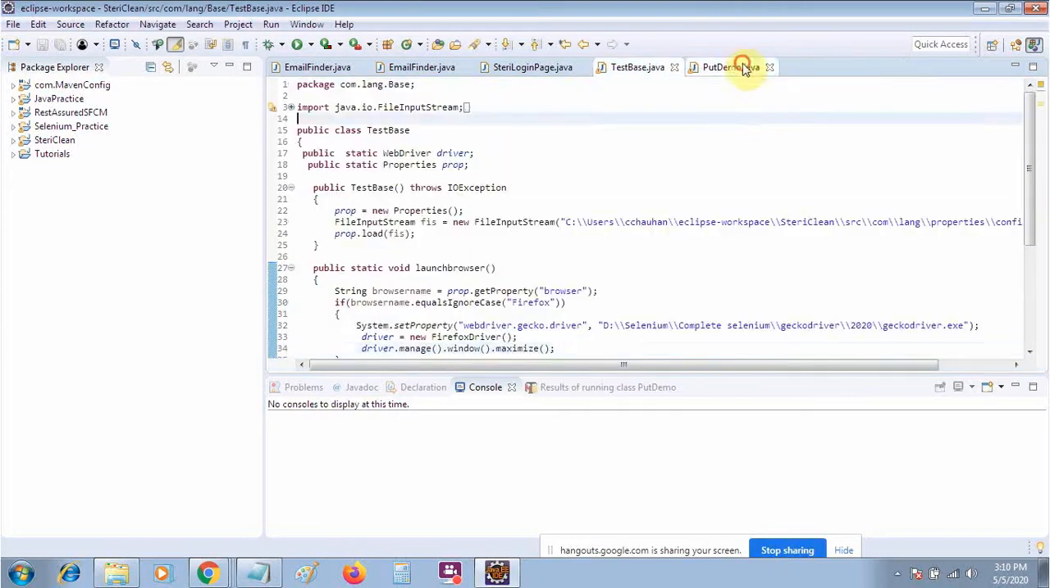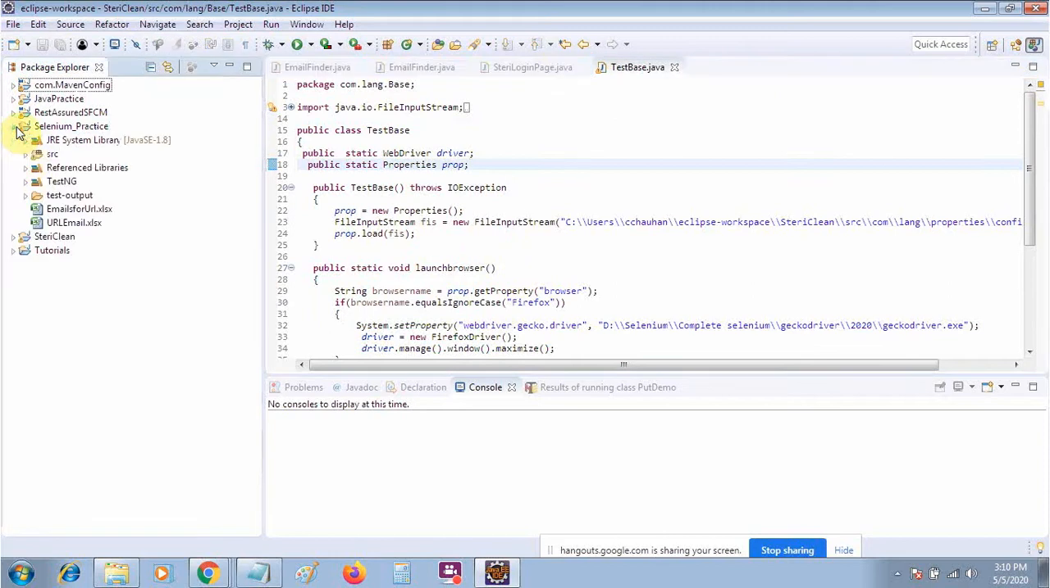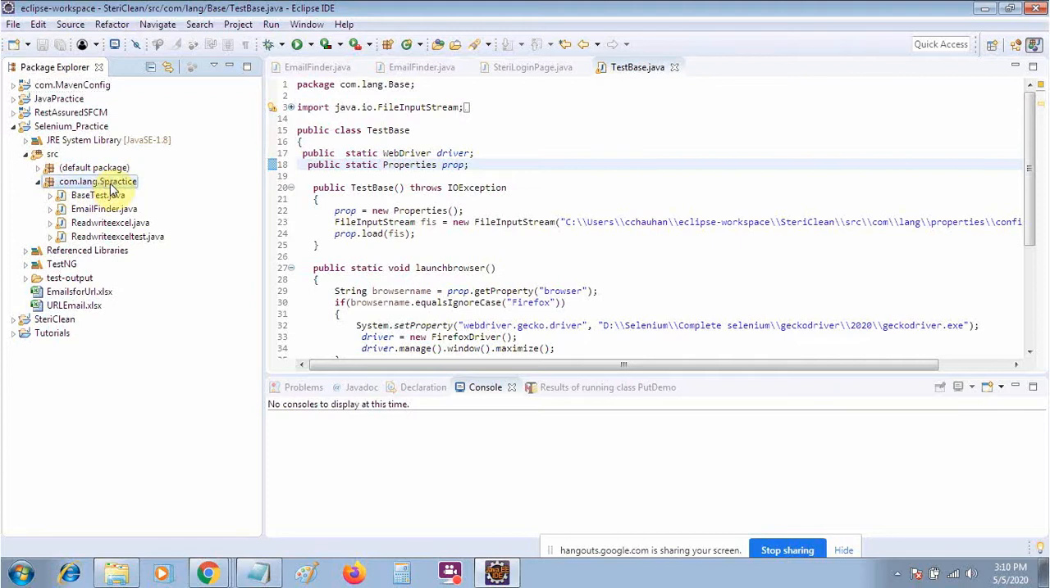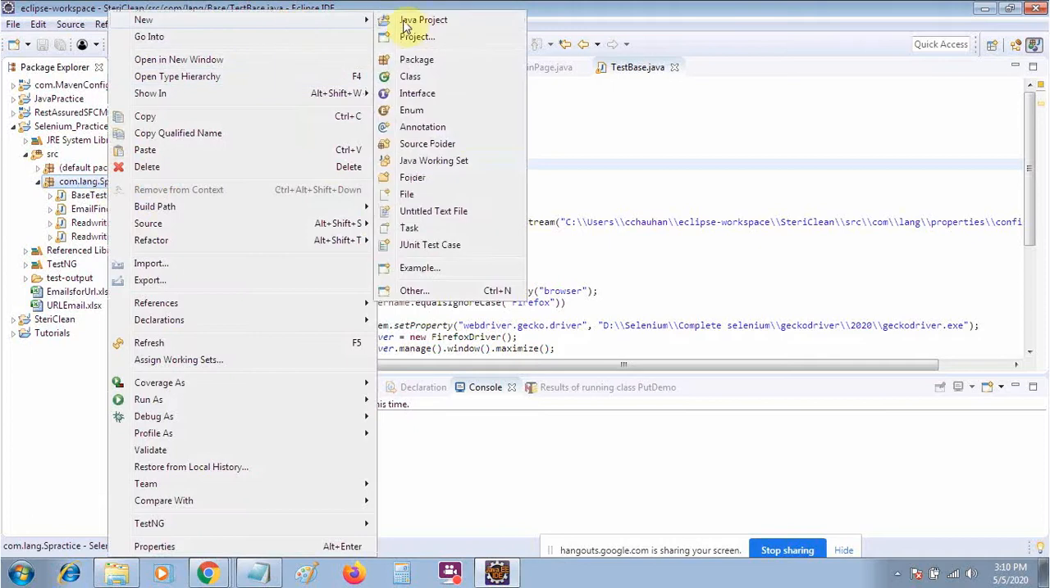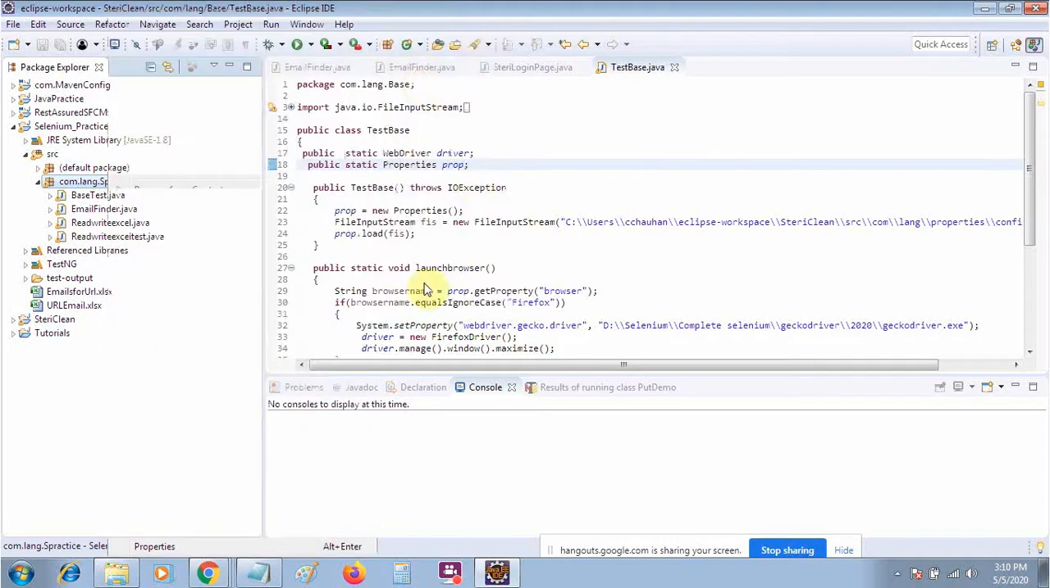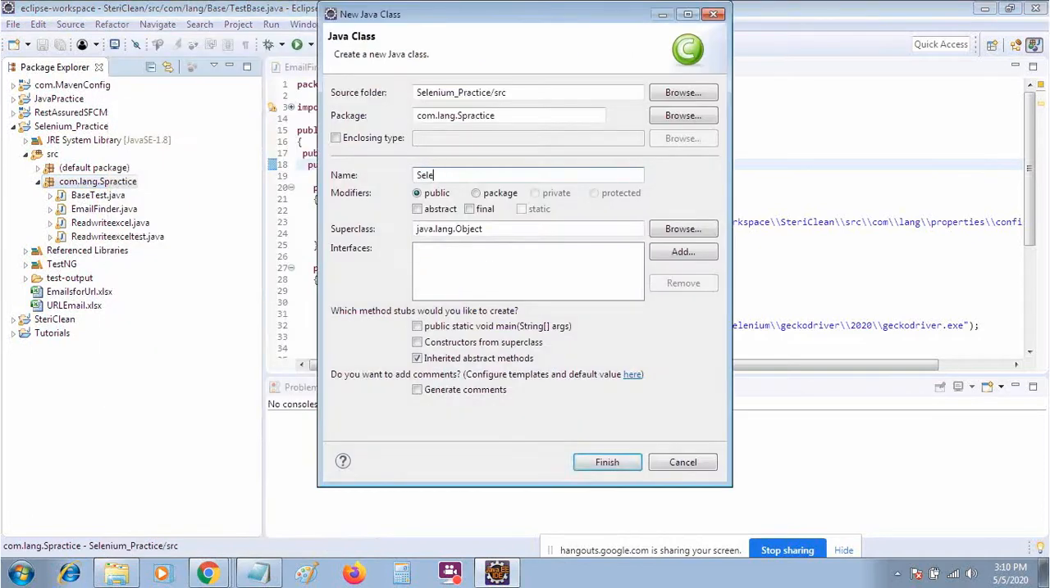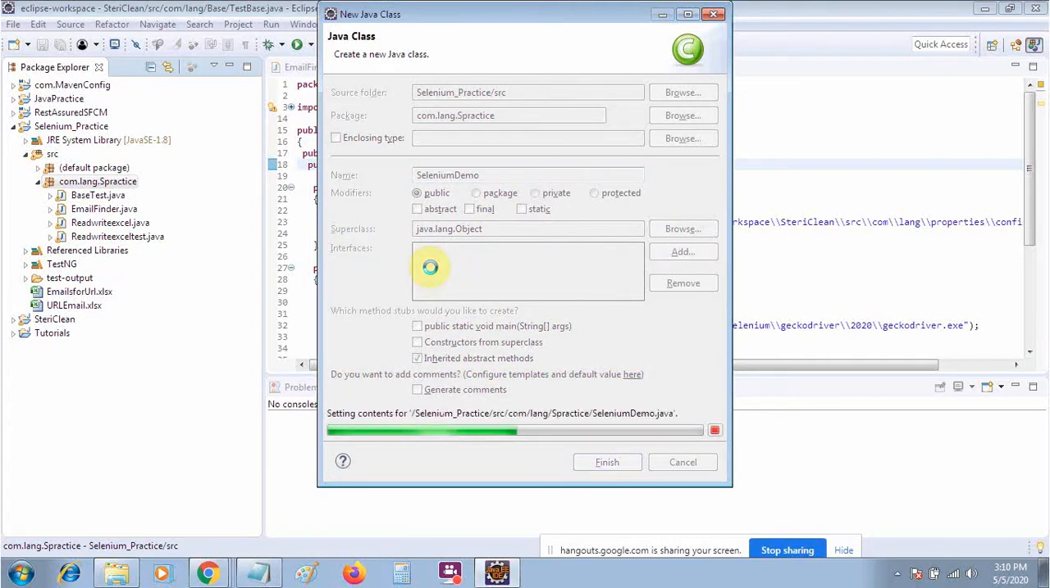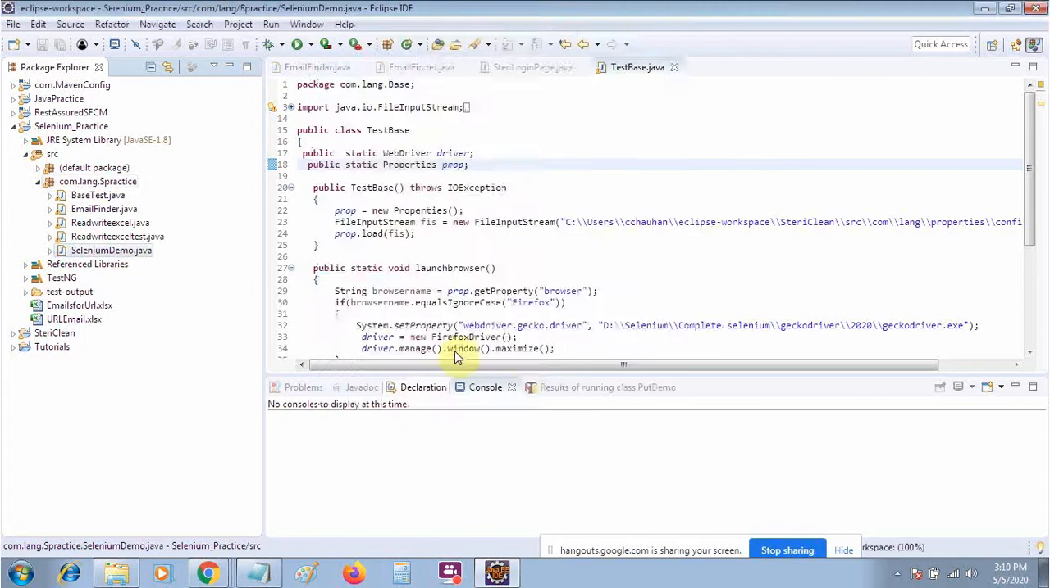Let me close this one. Okay, so suppose that I have created a practice package. I will create a class named Selenium demo. Okay, so I have created a class Selenium demo and I am using TestNG, so I don't need to